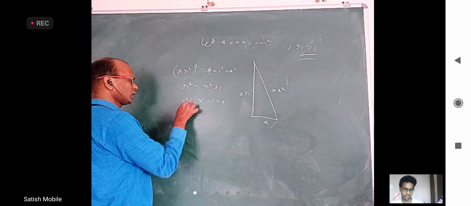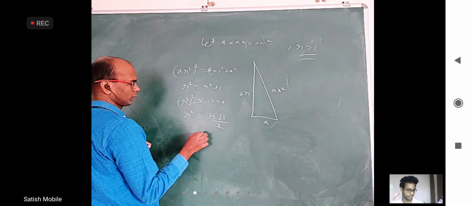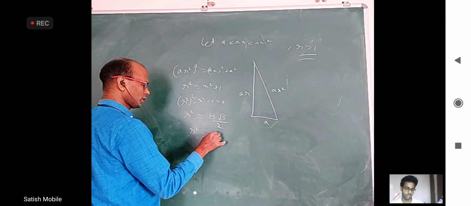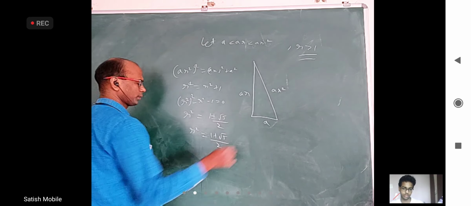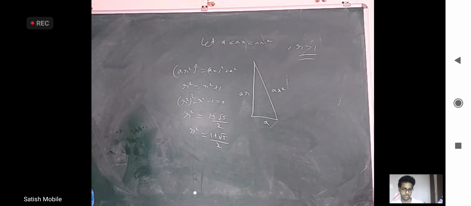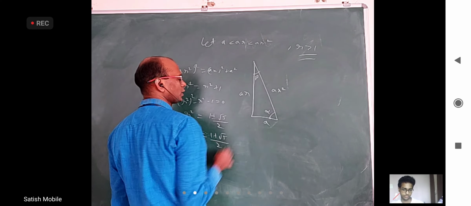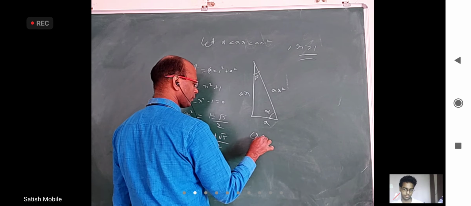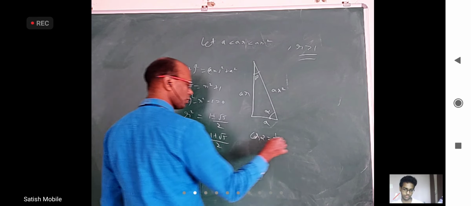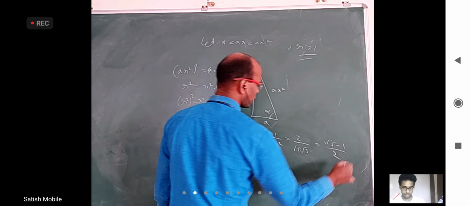So r square itself will come (1 plus or minus root 5) by 2. I cannot take (1 minus root 5) by 2, negative, so I have to take (1 plus root 5) by 2. Anyway, I got r square. If I want, I can get r. Now, I want cos of the acute angles. Okay, so if this angle is some alpha, this angle is beta, cos alpha will be 1 by r square, which is reciprocal of this, 2 by (1 plus root 5), if I rationalize (root 5 minus 1) by 2.